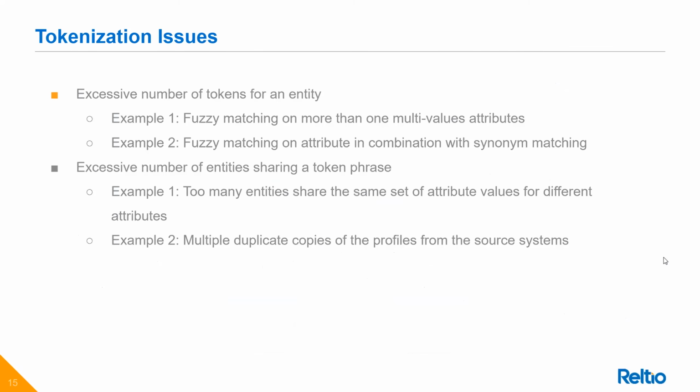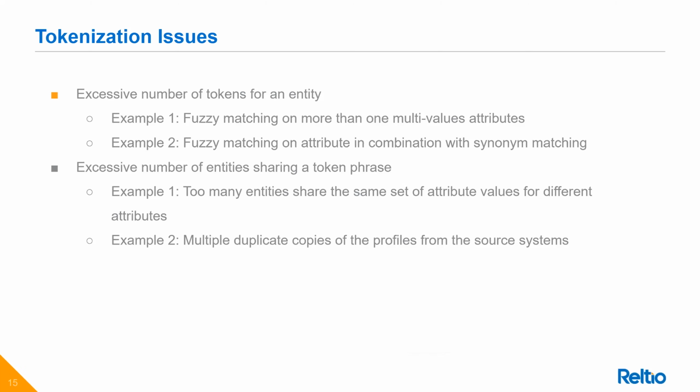Okay, so this is basically the tokenization issues that we have. You have an excessive number of tokens for an entity. So you have a lot of tokens, and the time that we will have to spend evaluating that record using these different tokens can cause a performance issue. Some examples of this happening is you have fuzzy matching on more than one